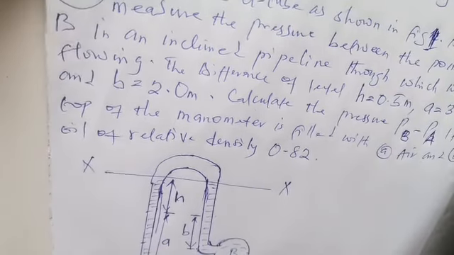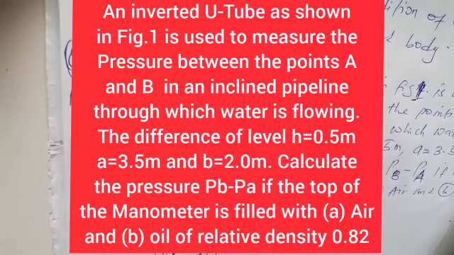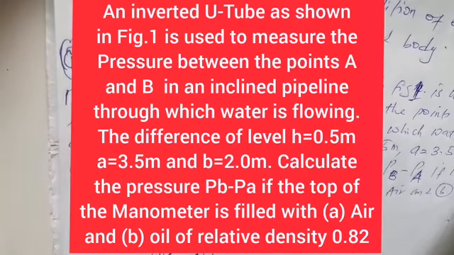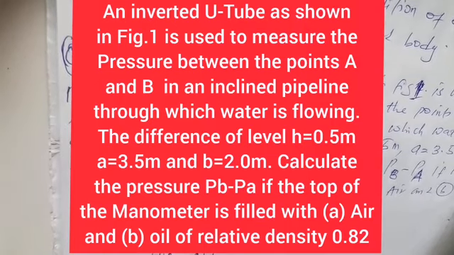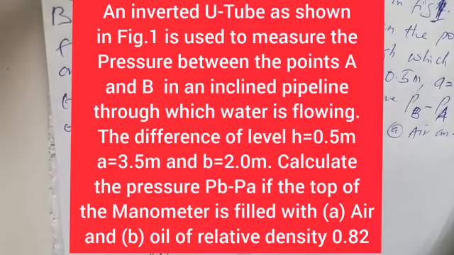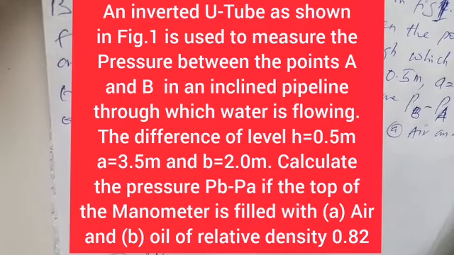So question 2 in section 1 says, an inverted U-tube as shown in figure 1 is used to measure the pressure between the points A and B in an inclined pipeline through which water is flowing. The difference of level H equals 0.5 meter, A equals 3.5 meter, and B equals 2.0 meter. The question says calculate the pressure PB minus PA if the top of the manometer is filled with A, air, and B, oil of specific gravity